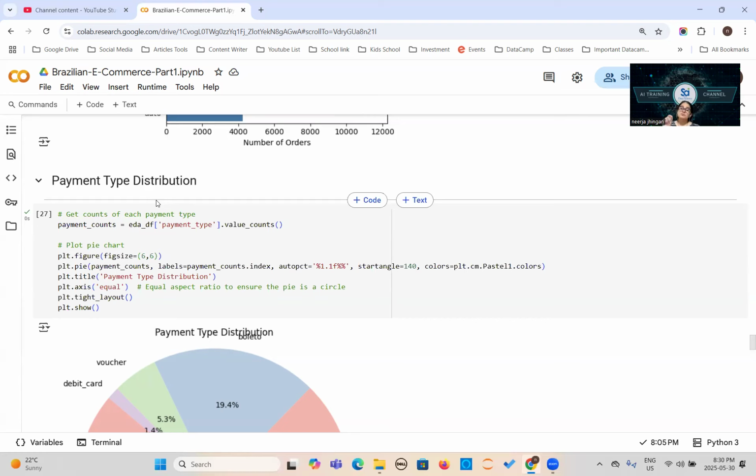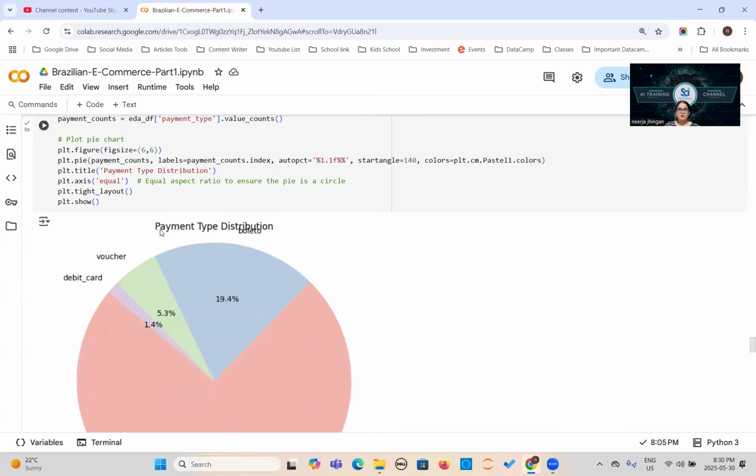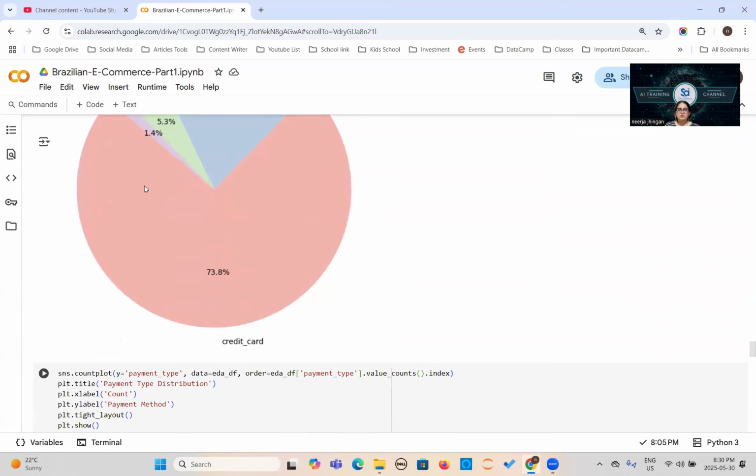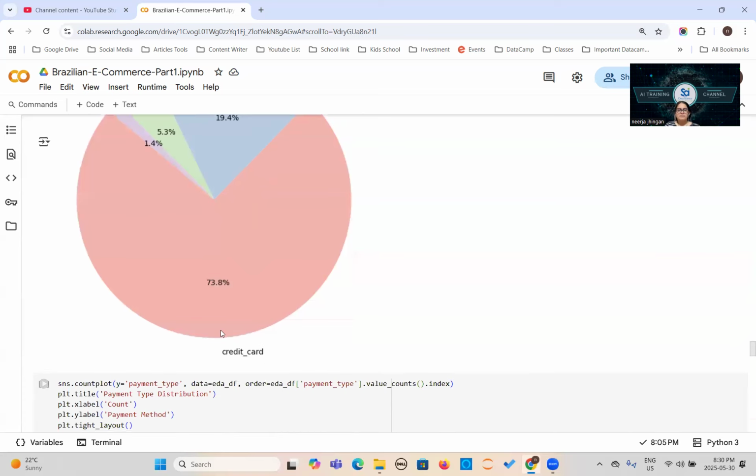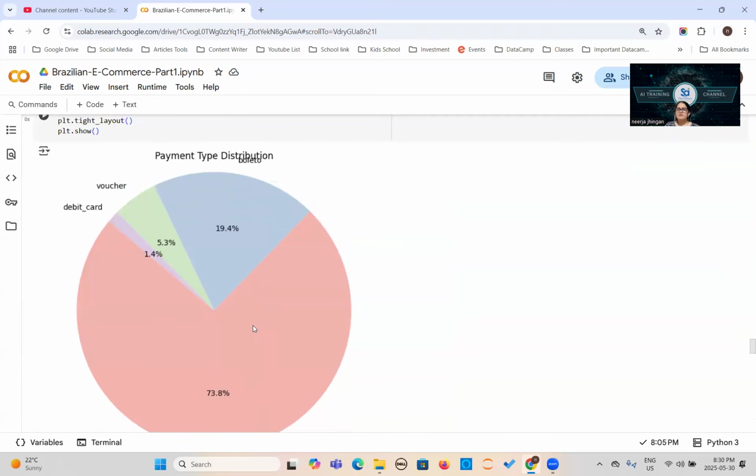Okay, so this should be in your mind. And now look at this credit card. Most of the time people are using the credit card. Okay, so this is useful for the stakeholder because he can improve their services. This is something related to services. Okay, if they know people are using the credit card most of the time, definitely they can provide more